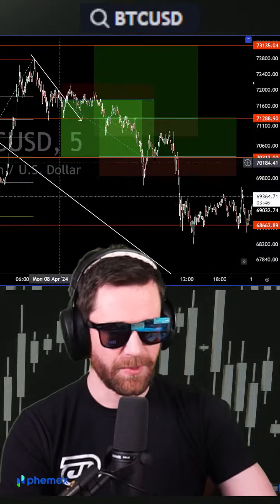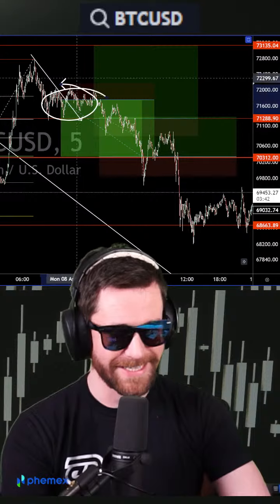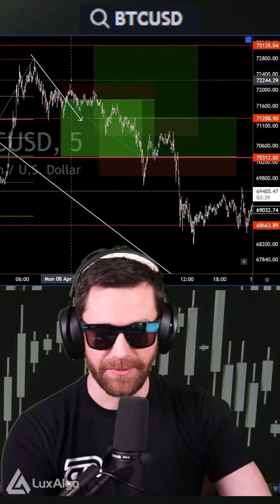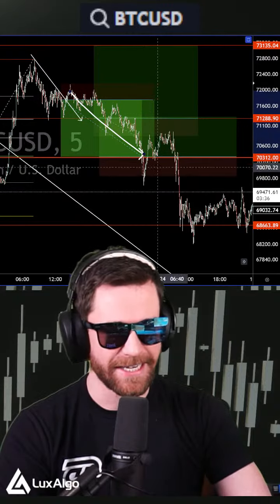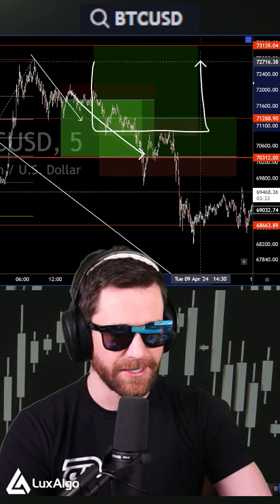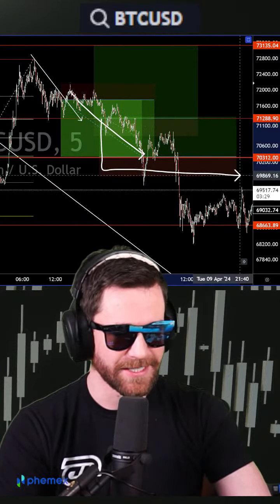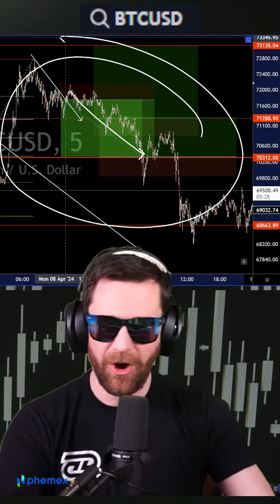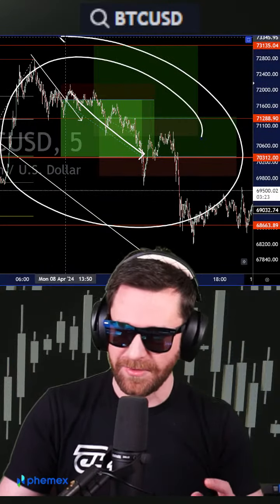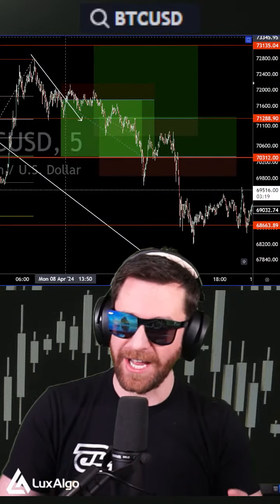Monday's trades. We placed all 3 of these during the live, and just as I was saying, the short, we didn't actually get stopped out, which was wild. We were within, I don't know, $1 here. Short played for a 2% gain. The long right here stopped out for a 0.67% loss. And then the second long also stopped out for a 0.62% loss. So on the day, Monday was a profitable day on our live stream trades,